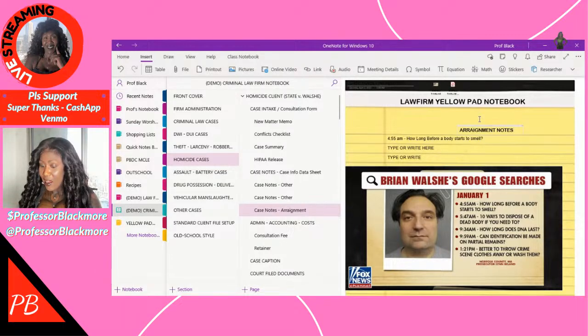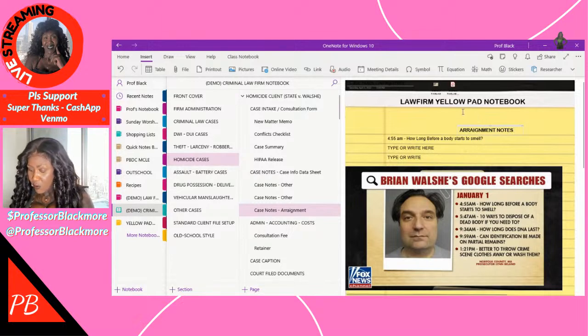But I could also use my Samsung Note, and I can take notes within the actual note that I have, my notepad. And so I'm going to go and find that note, go to my criminal law firm notebook. And then while those notes are syncing over,